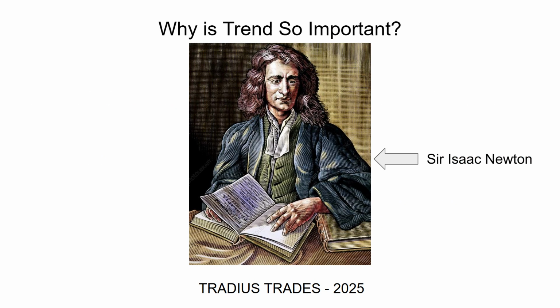So why is the trend so important? This picture here is a picture of Sir Isaac Newton. He's a famous physicist that came up with Newton's laws of motion, and he had the first law of motion, also known as the law of inertia. When he created this, he probably wasn't thinking about traders and markets and prices of different things going up and down and people speculating on it. But his concepts still hold a very heavy degree of importance to us as speculators, and here's why.